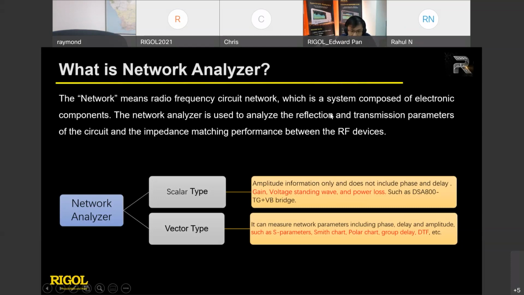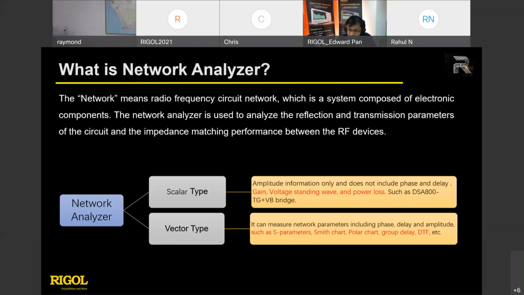So what is the network analyzer? It can be separated into two parts. One is the scalar type and the other is the vector type. So what is the scalar type? That means you can use the network analysis tool to get just the phase, delay, gain, voltage standing wave,